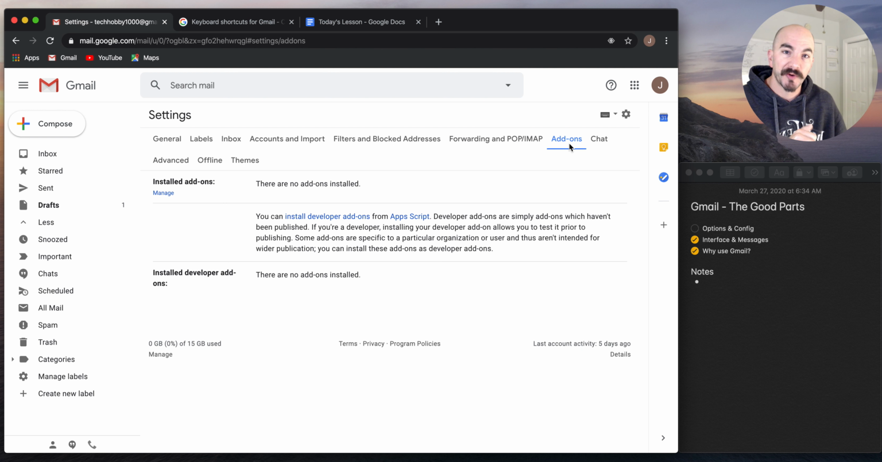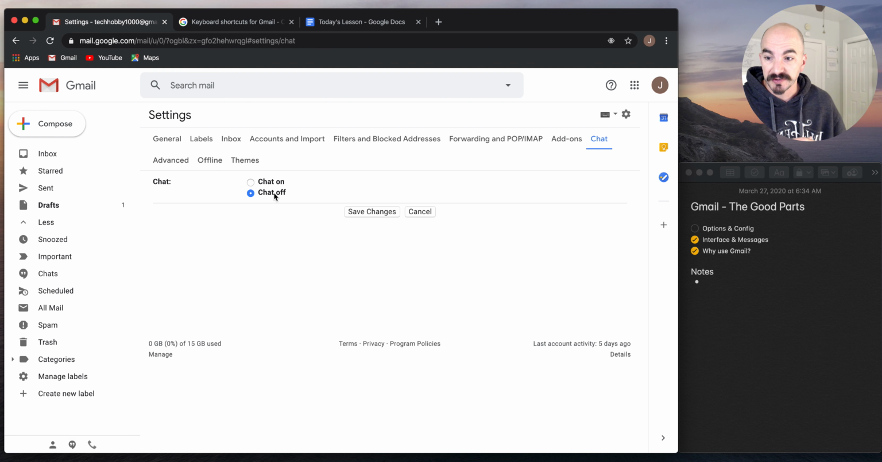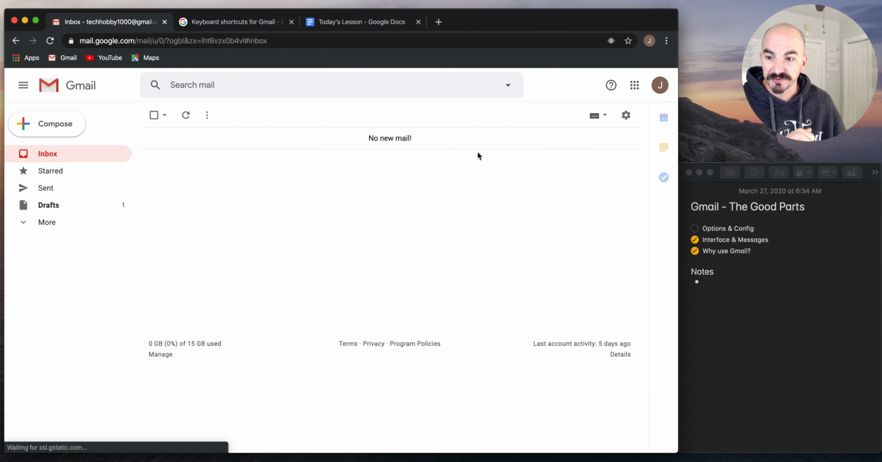Add-ons, there's really no add-ons because we're on the free, simple Gmail version. This is where you can completely turn off that chat. That's Google Hangouts right here. Again, I like to have that off just to save a little bit of extra work on the browser. And then finally,